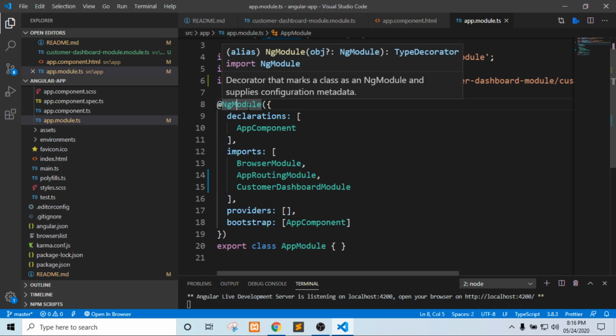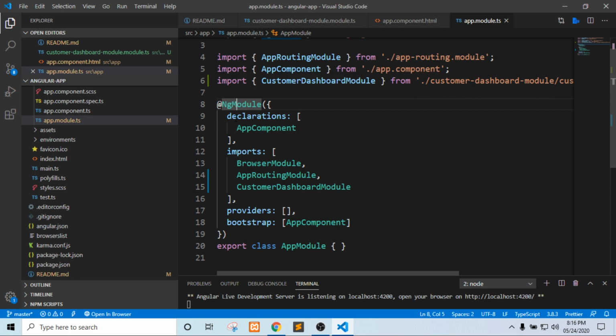Inside ng module we have an object with the declarations property, imports property, providers property and bootstrap property. There are two more properties as well, exports and entry components. What are these properties doing? Basically these accept an array.